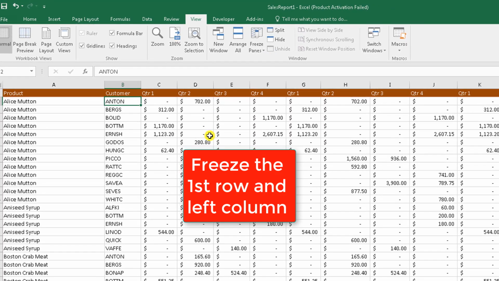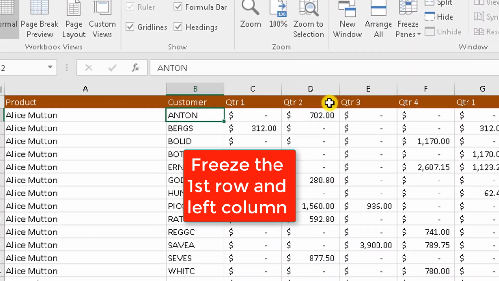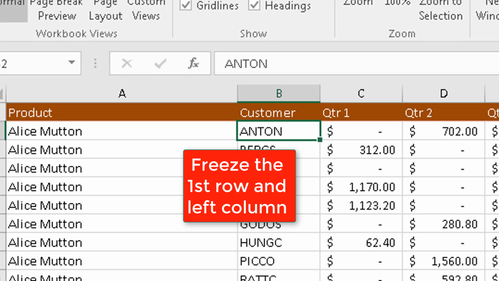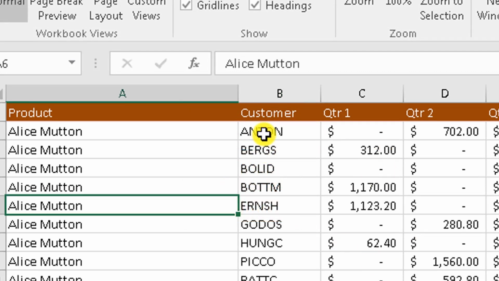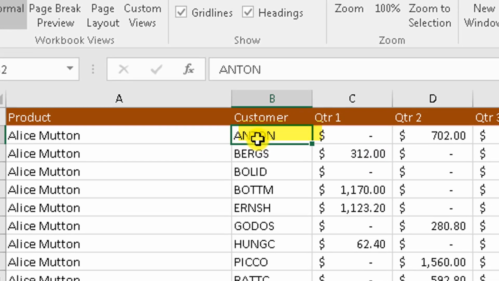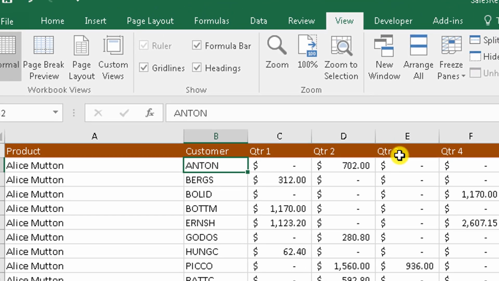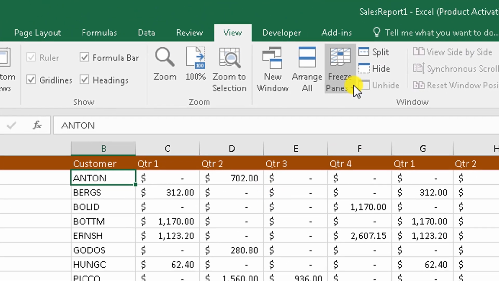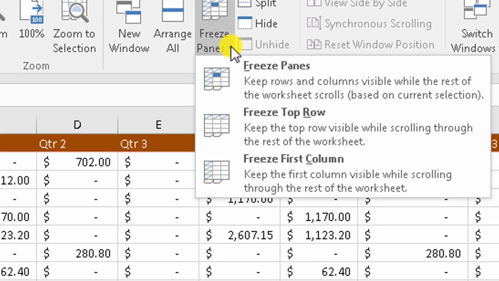Let's say you want to freeze the first row and the first column. What you have to do is click here. You click just to the right of the column you want to freeze and just below the row you want to freeze. So this is like an intersection. So I click on here and I go to Freeze Panes. Then I select,